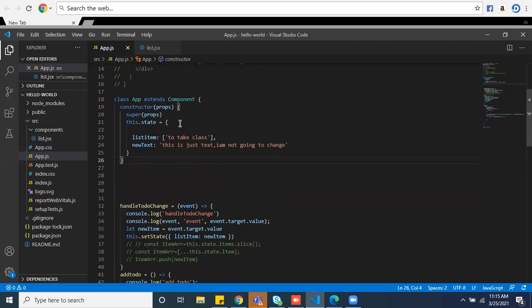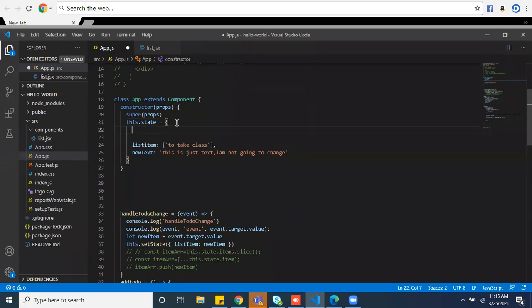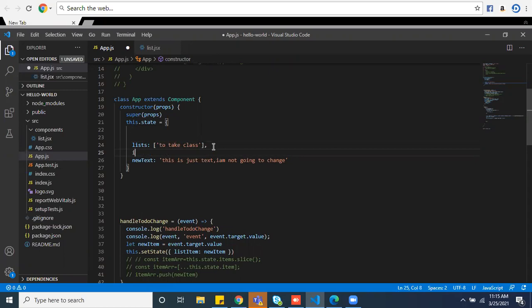Take another array, or change this list item to items. Okay, lists, and then take another item, whatever, just an empty string. Item colon empty string, comma.